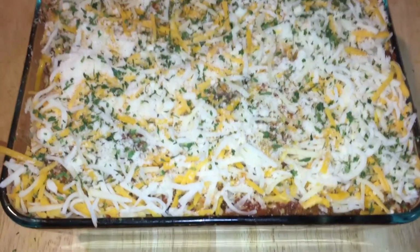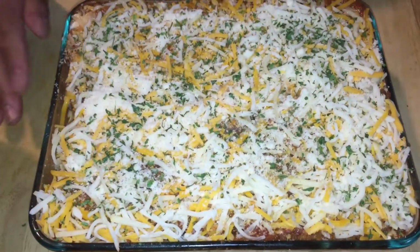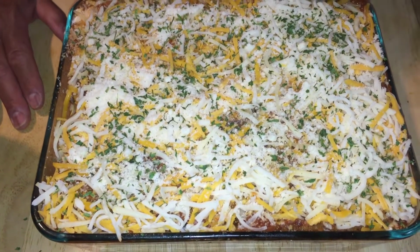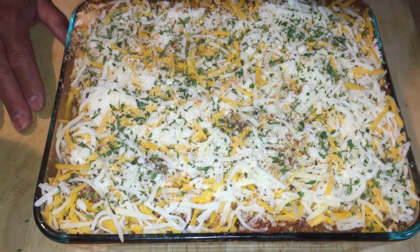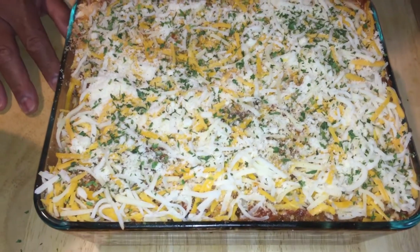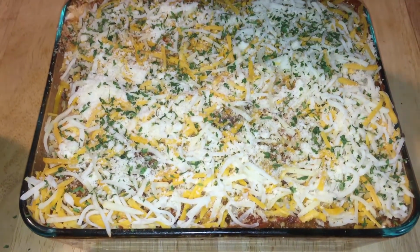Very pretty, guys. Then I'm going to put this in a 350-degree oven on top of a baking sheet, so the baking sheet can be under this just in case it bubbles over. But before I do that, I'm going to take some aluminum foil and show you a trick. Alright, I've got some aluminum foil that I'm going